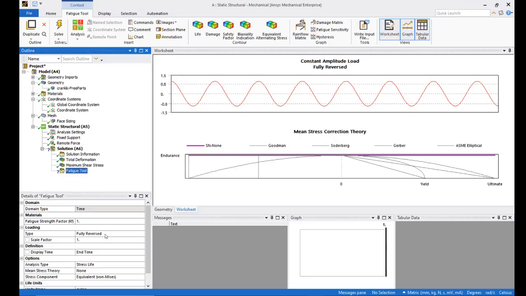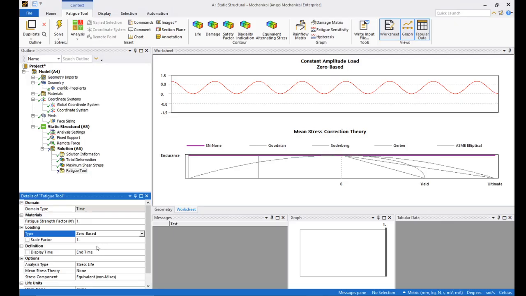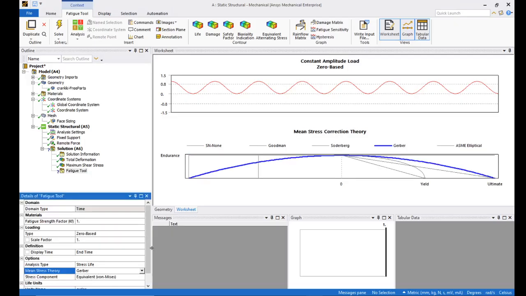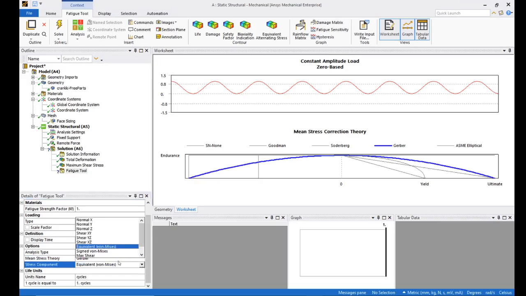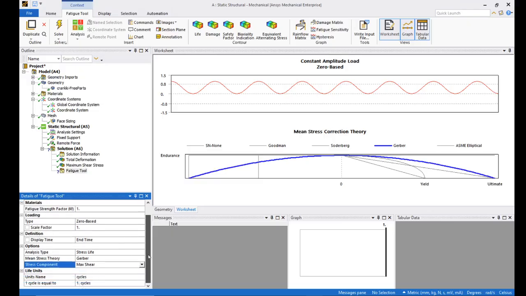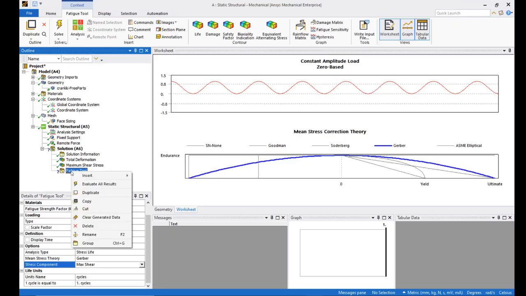Here we need to do some settings. First of all, we need to make sure our load is zero-based, as in the definition of the problem. Next, I'm going to use mean stress correction for our material. We need to use Gerber because our material is ductile. And as I mentioned, I'm going to use Tresca criterion, which is the same as maximum shear. So everything is set up. If I evaluate this now,